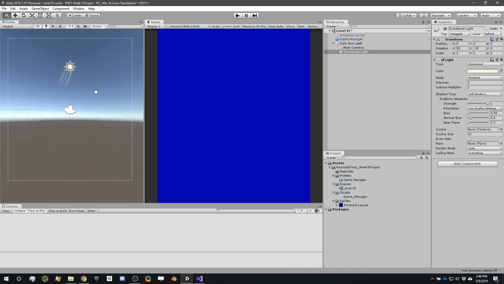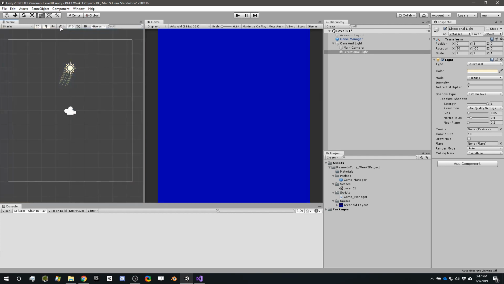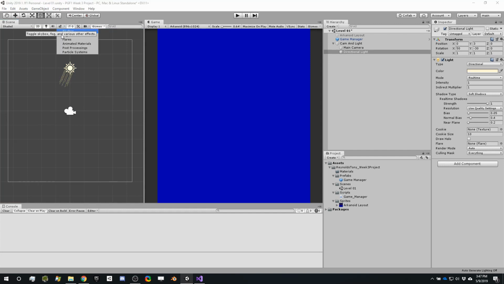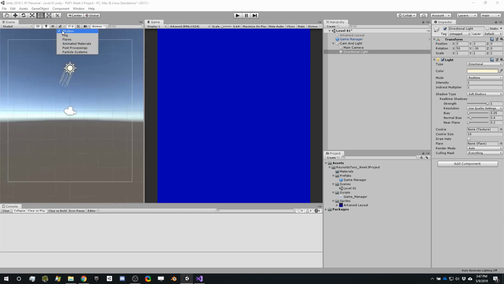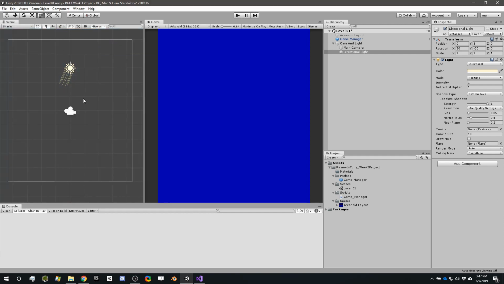I'm going to move this around a little bit, and unfortunately in the scene view we still see that skybox out there in the back. I think I can turn it off by using, let's see here, this guy right here? Yeah, this one: toggle skybox, fog, and various other effects. So I can toggle it and turn that skybox off way out there in the background. Okay, so now this is much more of what you'd see in a 2D editor, but again,